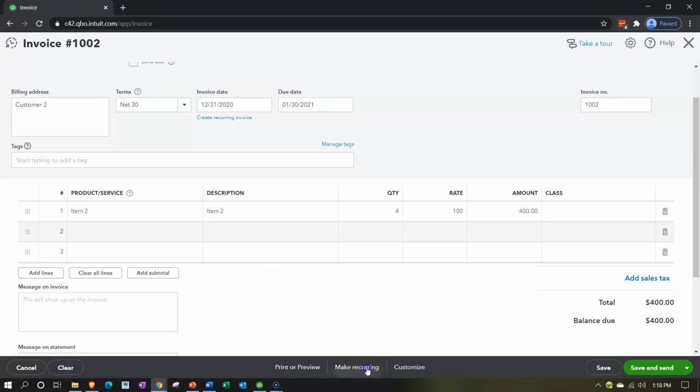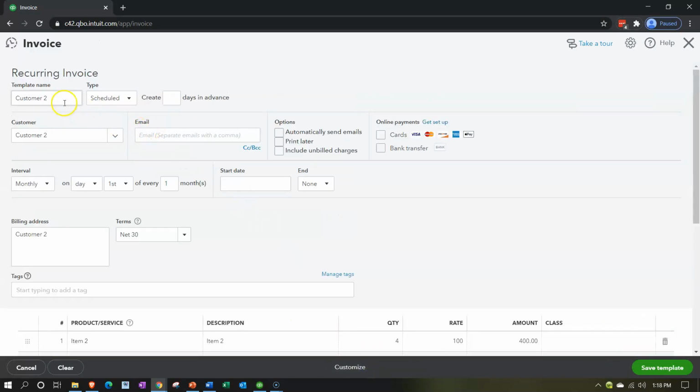So let's go ahead and make this recurring and check it out. We're going to go to the customer 2. We're going to schedule this one to the reminder. So I'm going to start with the reminder, meaning it's not going to automatically record it. It's going to remind me periodically to record it, and then we'll double check it and record it,